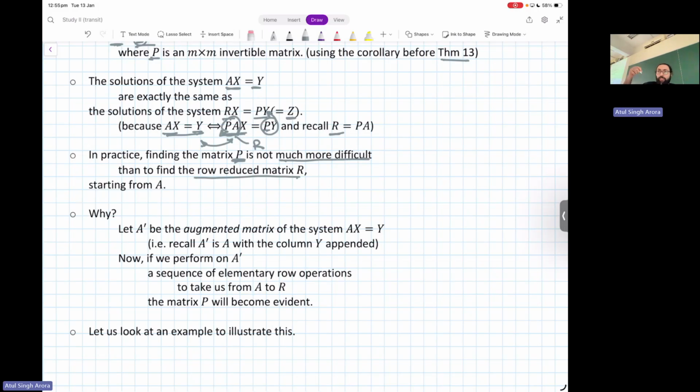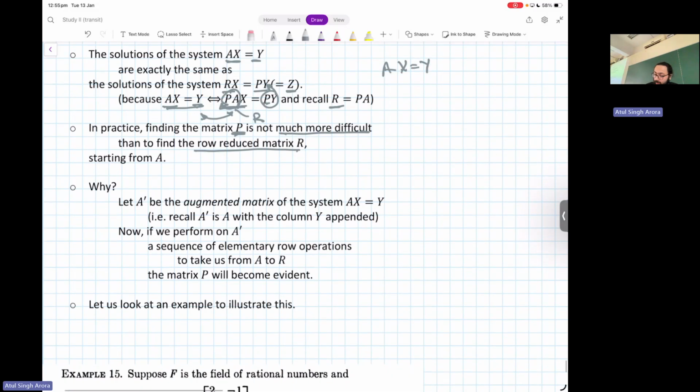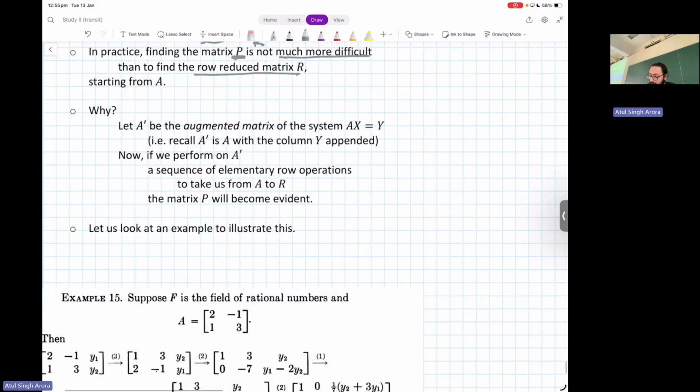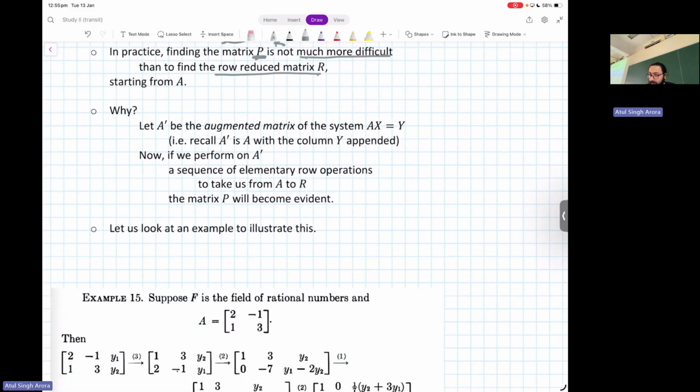So the procedure that we use to convert one matrix into its row reduced echelon form is saying that you can essentially use the same procedure to find solutions to non-homogeneous equations. Non-homogeneous equations meaning things like Ax equals y. So it will give you a recipe for doing this. And why that happens is